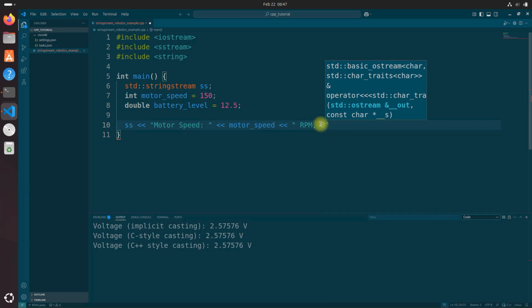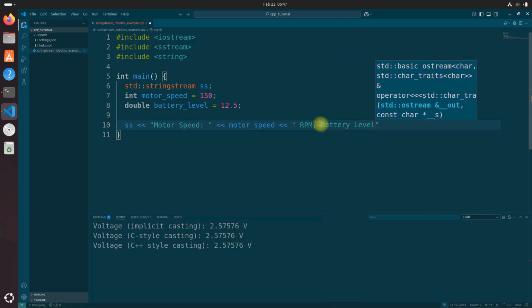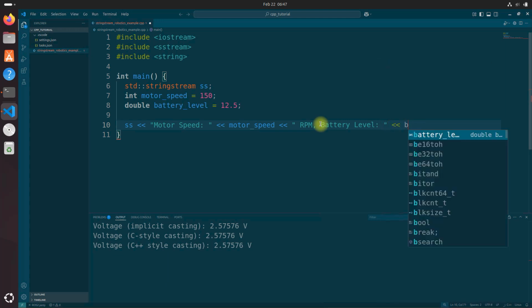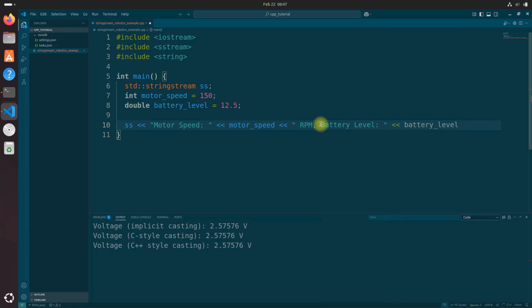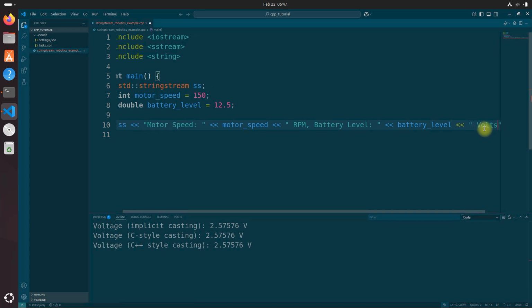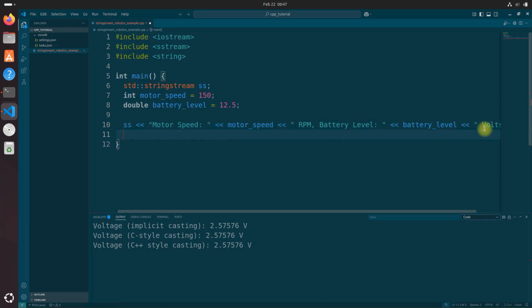And next, let's do battery level. And let's do volts. Okay, and now let's